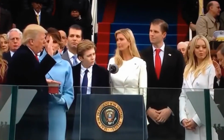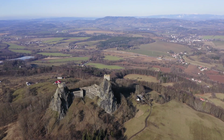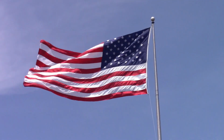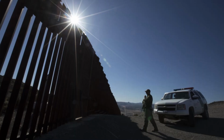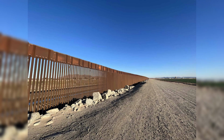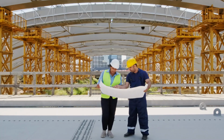By 2016, Donald Trump turned the wall idea into a major political message. He wanted something huge, strong, stretching thousands of miles. At first, he pushed for solid concrete wall, but Department of Homeland Security rejected the plan. Why? It would stop patrol agents from seeing what was happening on the other side. In the end, final design used tall steel posts known as bollards, strong, high, see-through. This became the main model for the border wall we see today, but building it would prove far more brutal